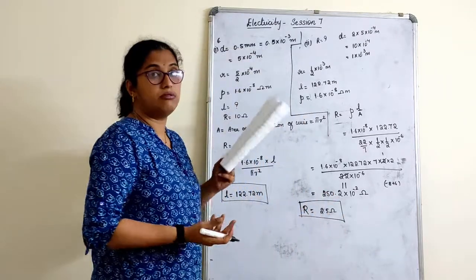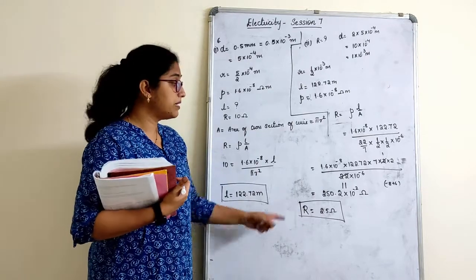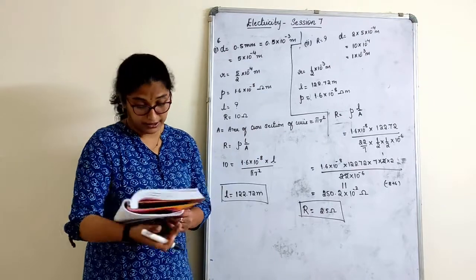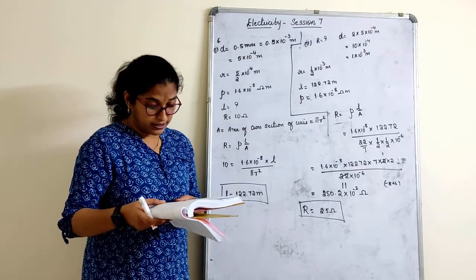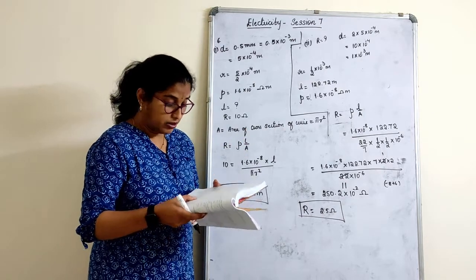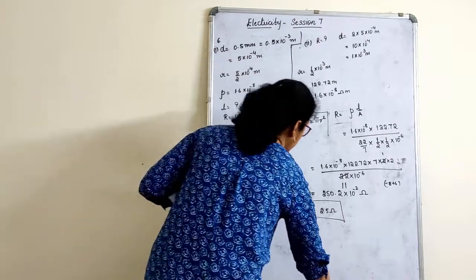Division, you know how. 11 ones are table, you used to divide everything here. That will be much simple, but multiplication is a bit lengthier. This is how you calculate it. Therefore, the length of the wire is 122 meter. Give the conclusion. And the new resistance is 2.5 ohms. Next, 7th one.